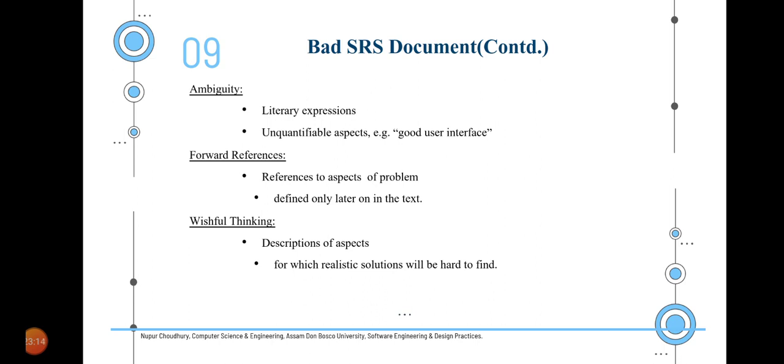However, these ambiguities are already resolved at the point of discussion with the customer. So hence it does not impact directly in constitution of a bad SRS because these things are already solved. Forward references, similarly, give references to aspects of the problem defined only later in the text.